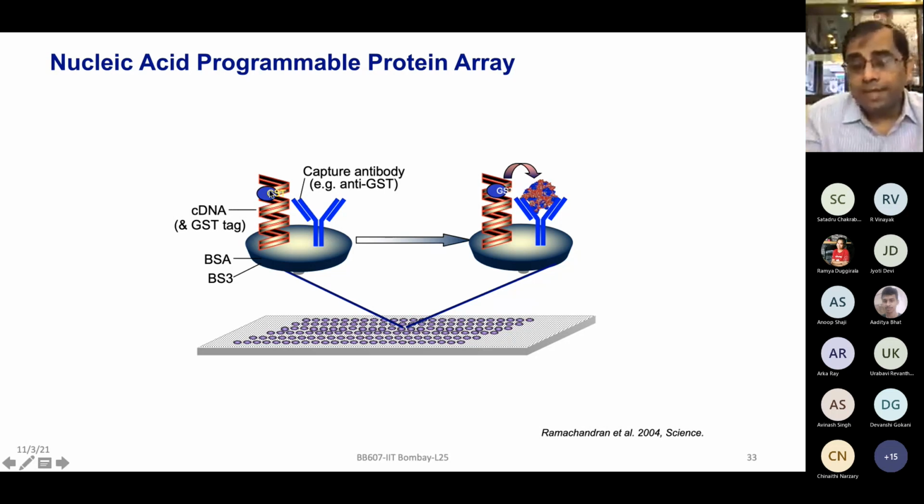The gene of interest is this, containing a GST tag, and now you are going to express those with the IVT mix, which is forming these proteins of interest, and that is getting adhered and bound to the capture antibody. Imagine that you had used the FLAG tag in this case. Then you might use the anti-FLAG antibody, and the FLAG tag is expressed here, and anti-FLAG will bind to that. For that purpose, you can even think about a MYC tag. You can think about a histidine tag. So the reaction and assembly remain the same, but the concept of utilizing this approach can be based on the availability of your tags and antibody.